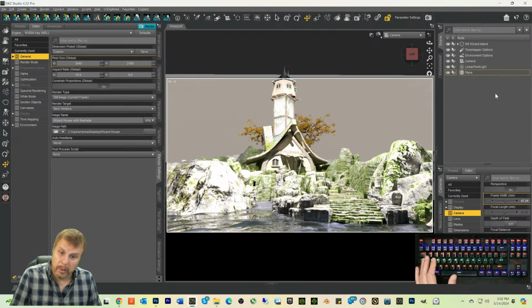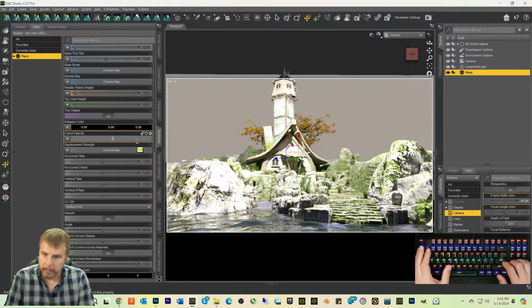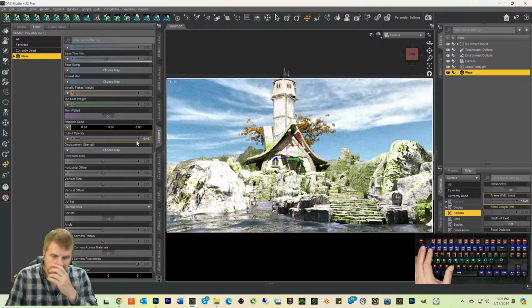Okay, so here we go. What we're going to do with this plane is go to surfaces, and we're going to bring the plane down to 0.1 cutout opacity. Now when I bring that down to 0.1,